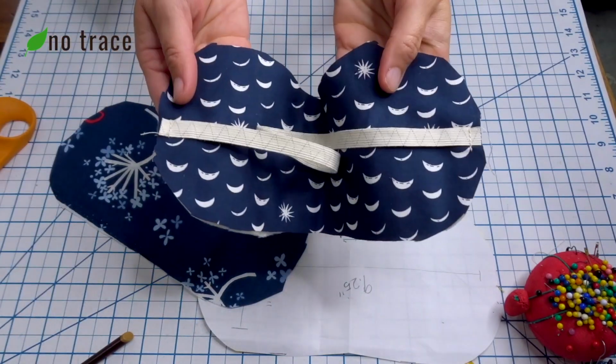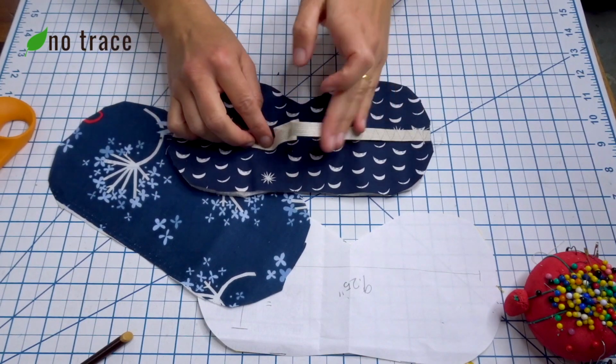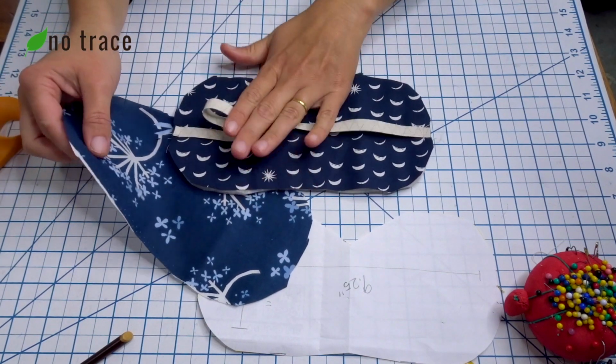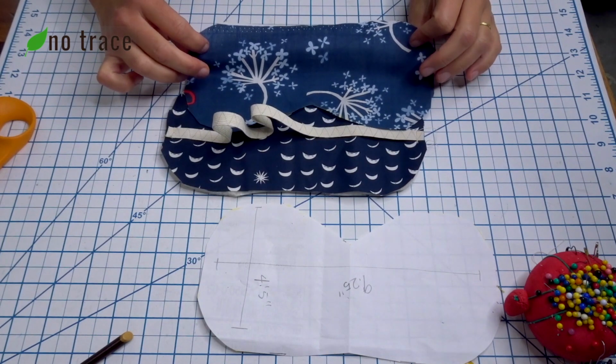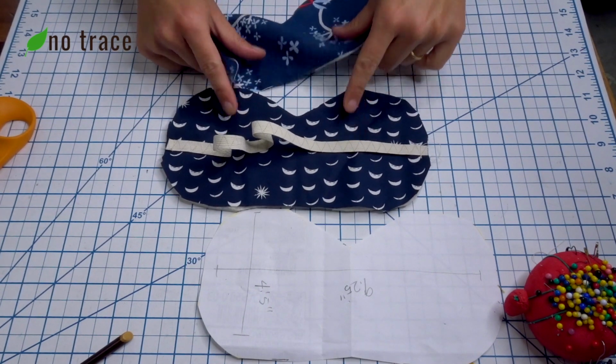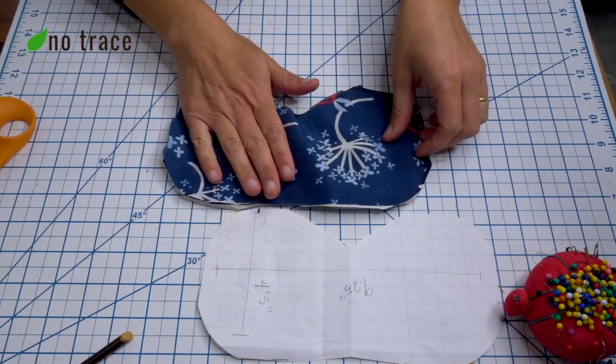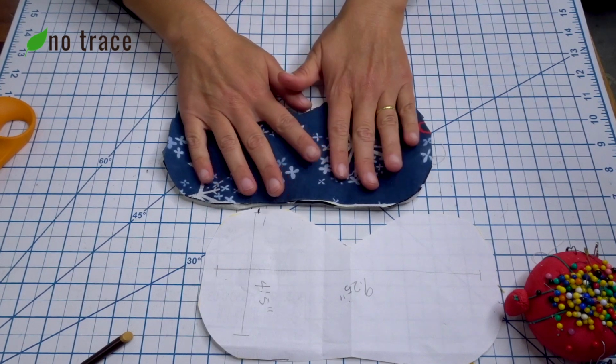So the elastic is basted into place on the sides, and make sure there isn't any twist in it. So now we're ready to get the other piece of fabric and put it with the right side on top of this part of the mask. And we're gonna go ahead and pin it all the way around so that we can sew this at the